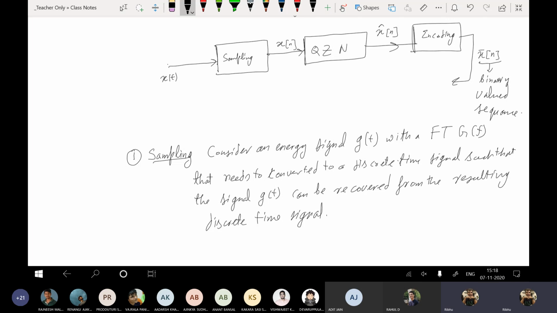Any problems with this? No, sir. So you have done sampling in signals and systems? Yes, sir. In signals and systems. Okay, cool. So I'll spend a lot less